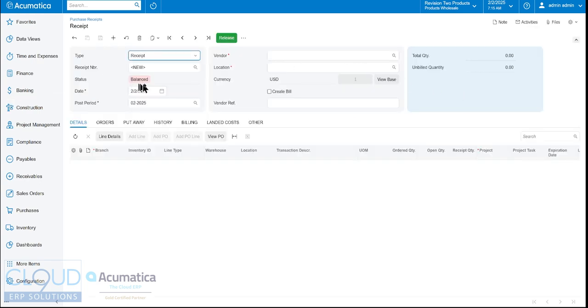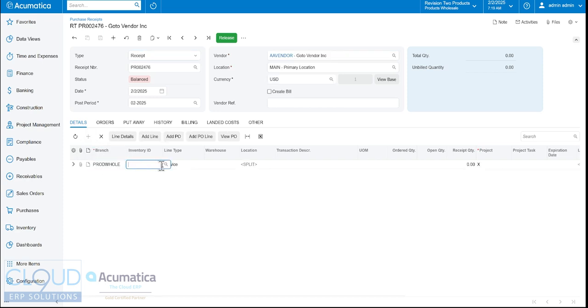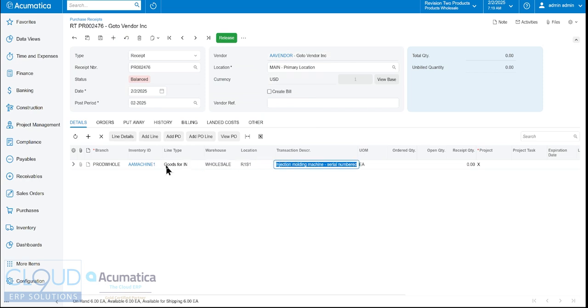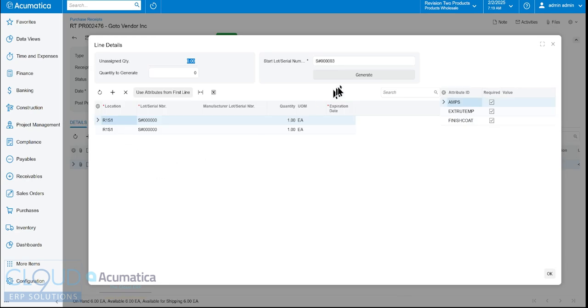So we have our receipt here. We'll pick a vendor. And so we'll add our item to receive. It'll be this injection molding machine. We'll receive 2 of them. And if we click on our line details button here and we click generate, the system knows the next serial number. Typically, the vendor's going to give us the serial number, and we'll scan that serial number specifically from the